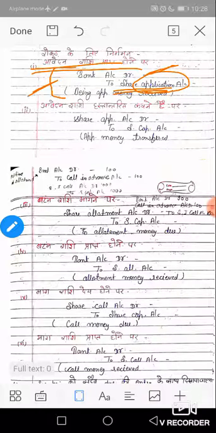So the company makes only a single entry, bank account Dr to share application account, not bank account Dr to A, to B, to C, to D, to F. Only a single entry is made, bank account Dr to application account, and this application account includes all the applicants in it. So the first entry, when we deposit application fees in the bank, is bank account Dr to share application account.